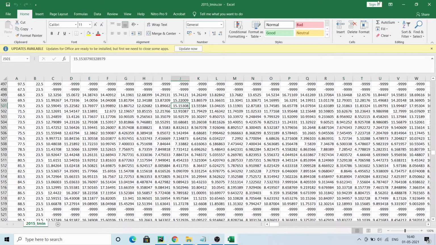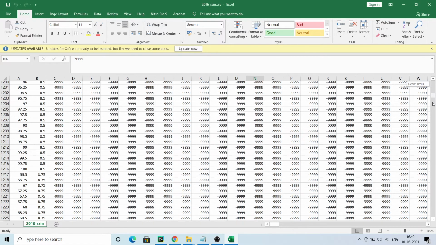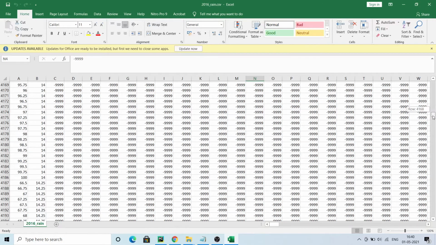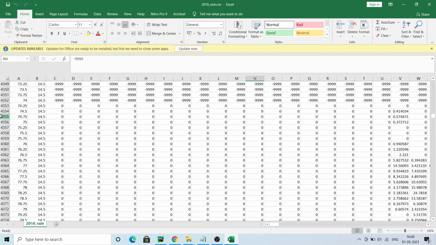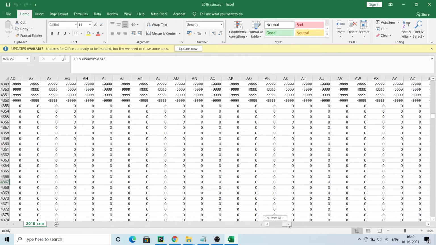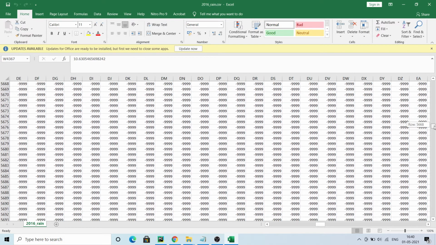See this. Okay, let me close this one. And this is the rainfall. Same thing, 1, 2, 3 is days. This is latitude, longitude. Minus 99 is no data, but if you drag down, in between you can see data is there. 0 means 0 rainfall on that day, but somewhere you can see 5 mm, 10 mm. This is the rainfall data. Okay, like this, in between data will be there.